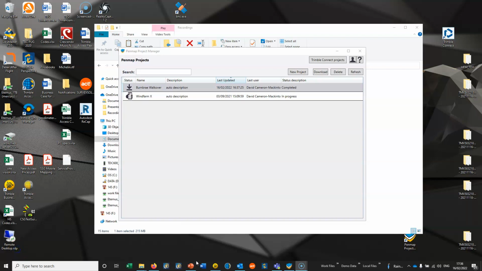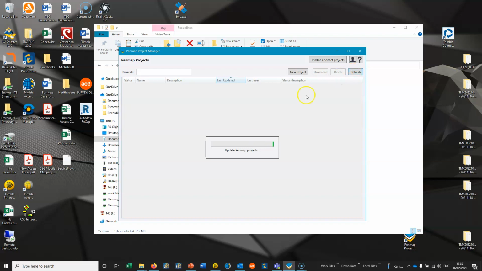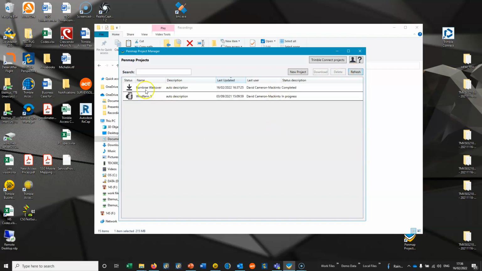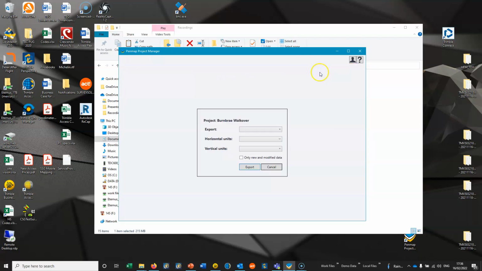So once we have exported the data from the Penmap device in the field, then we can open up Penmap Project Manager again, and we can go into our Trimble Connect projects, and we can see here, because we've uploaded a project, there's an option here to download this project. If not, we can just hit refresh and it will refresh, and then we can pick this job, hit download,